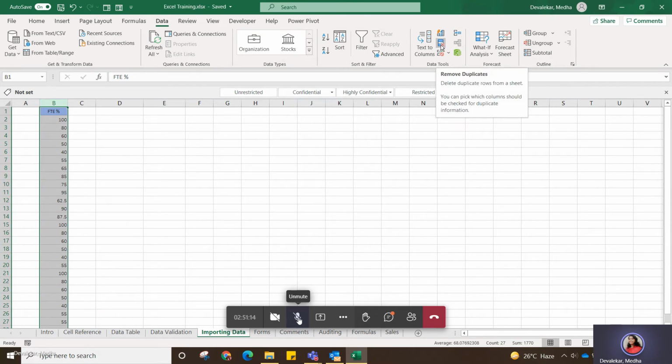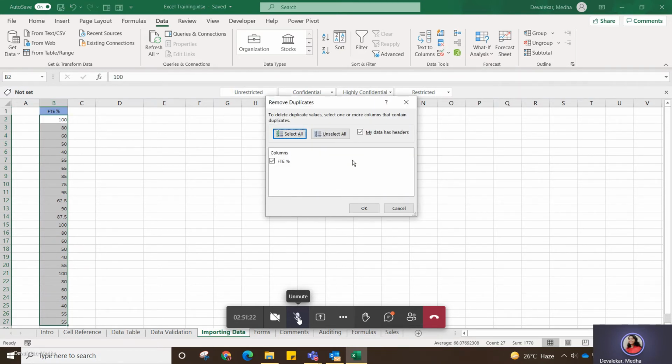Just above that there is a button which removes duplicates. Once I click on Remove Duplicates, it gives me the column names here. So how do you want to remove your duplicates, based on only one column or based on all columns in your table?